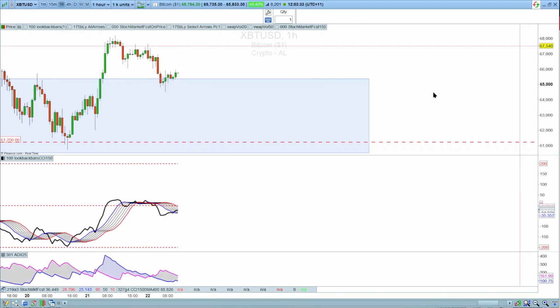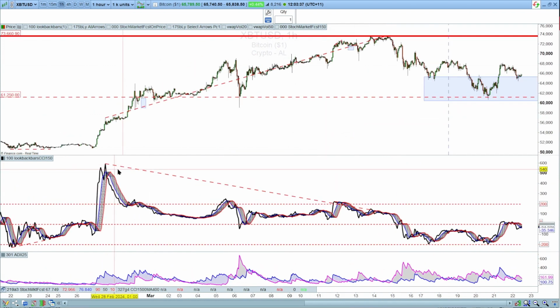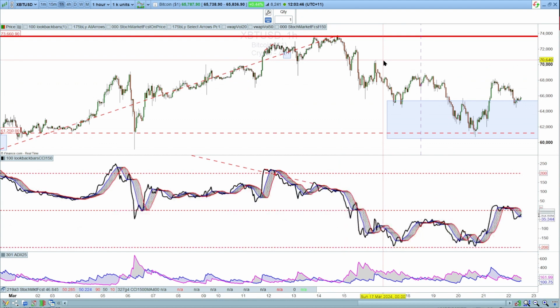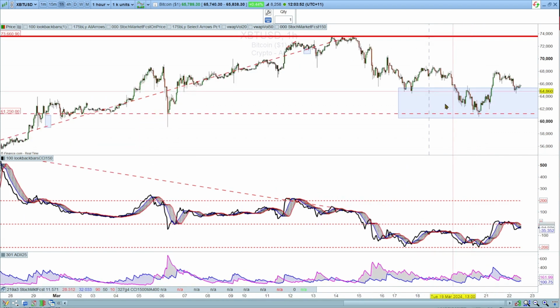On the hourly, you can see there we had another bearish divergence versus the price, and these are independent from each time frame. So the 1 hour is independent from the daily in terms of divergence, and this also came down and hit our target area. It hit it once before our last video, but since then it's come down and hit it again and bounced off this minus support at 61,250. It's been fluctuating sideways since, after hitting that high at the resistance at 73,660.